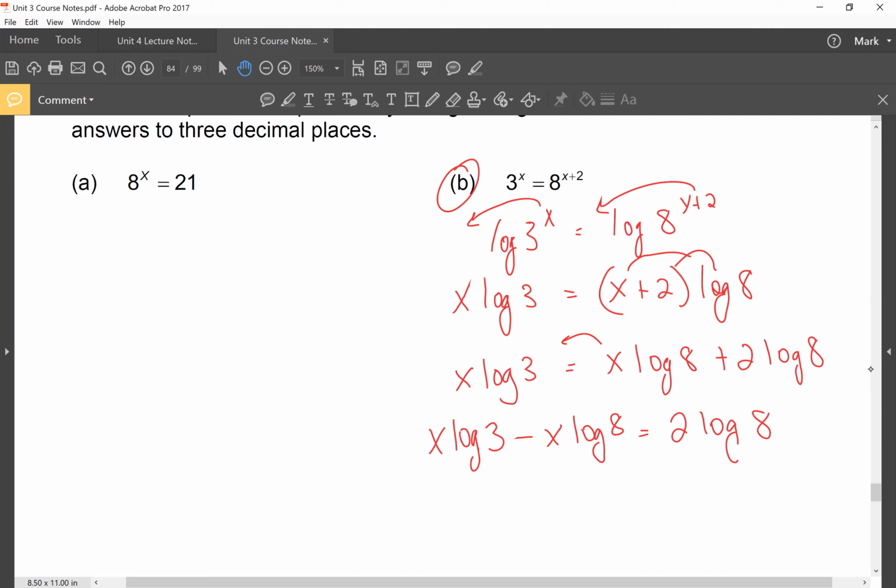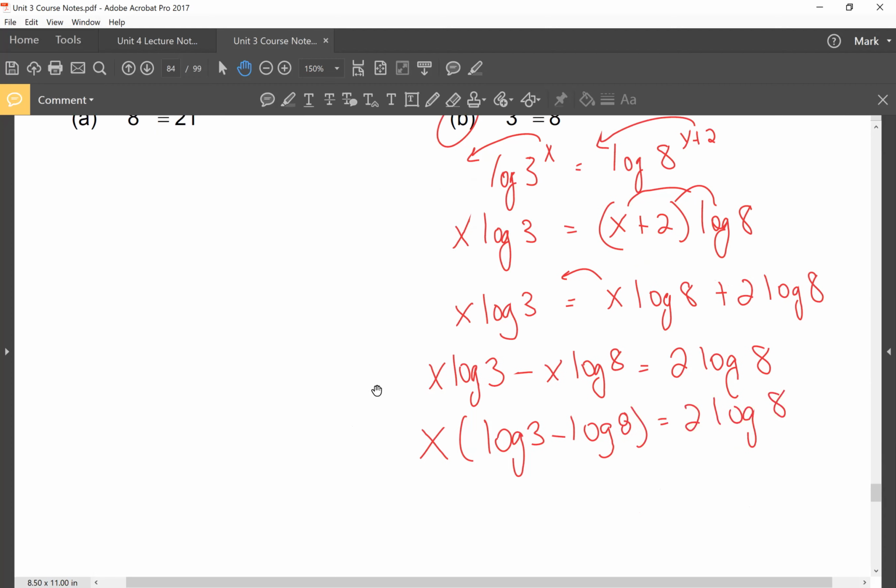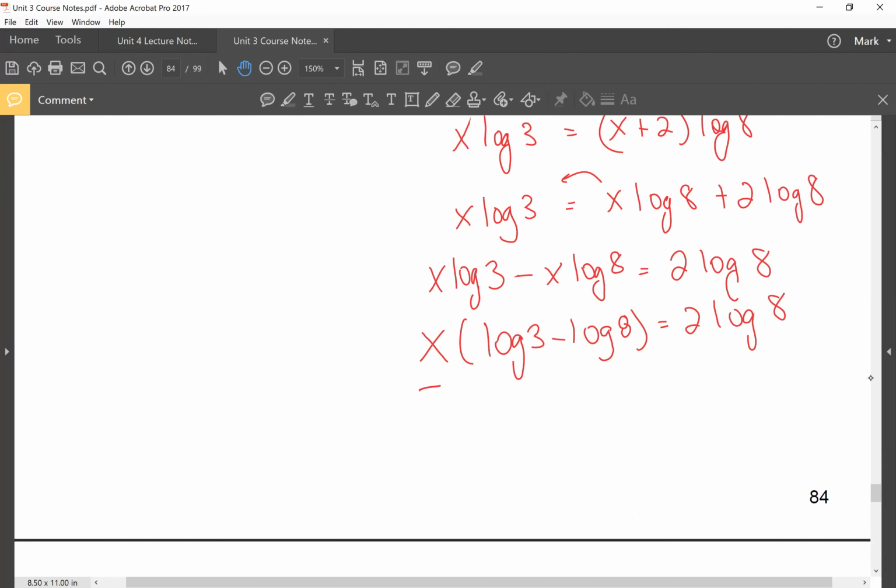All right, almost done. I'm going to factor out my x, and I have one step left to do. Now I'm going to divide both sides by log 3 minus log 8. And they cancel, so x will equal